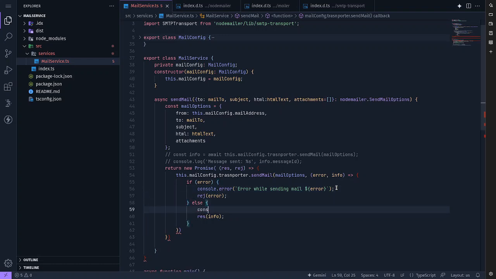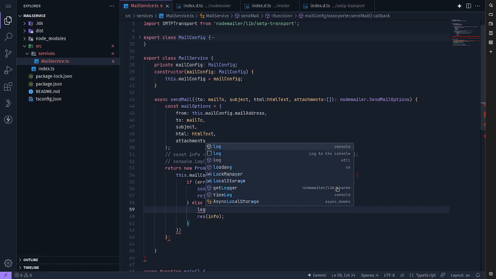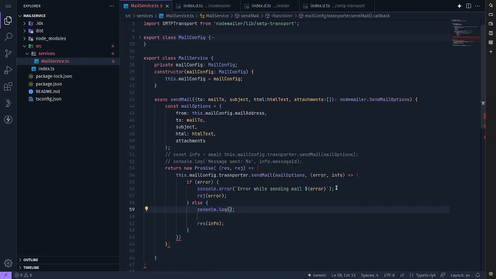Also here, let's log. So mail sent. Let's write some big message like this: mailConfig, mail address, email address, xyz at mail.com, email service,